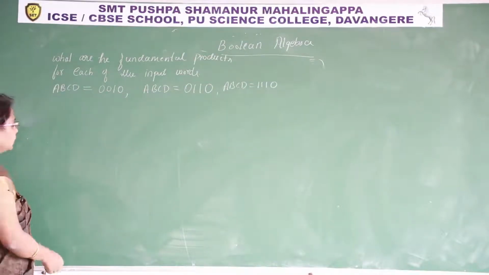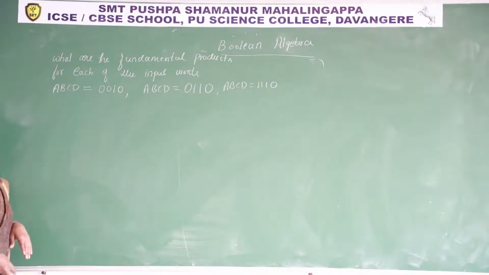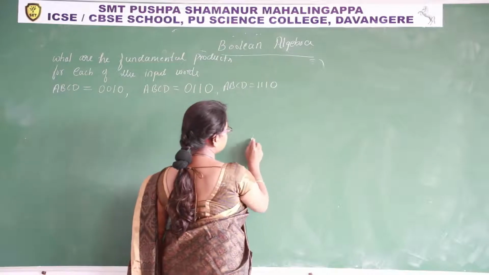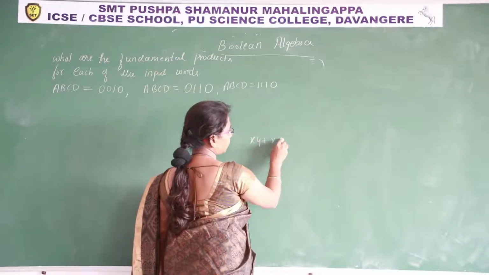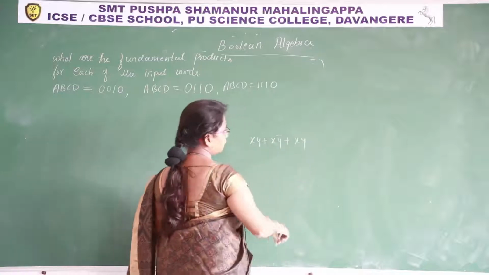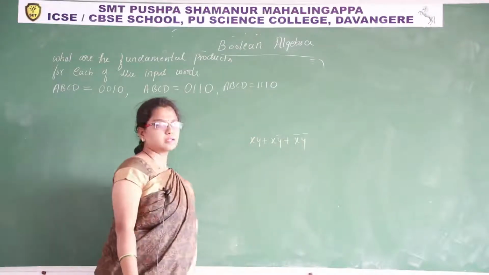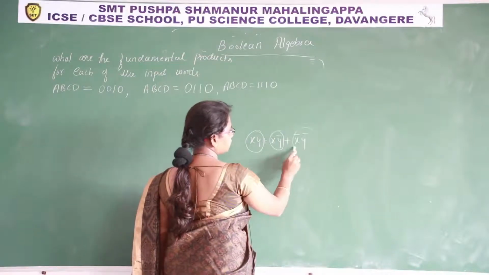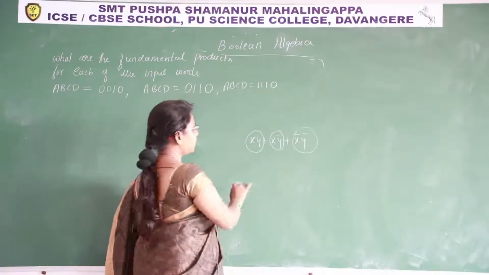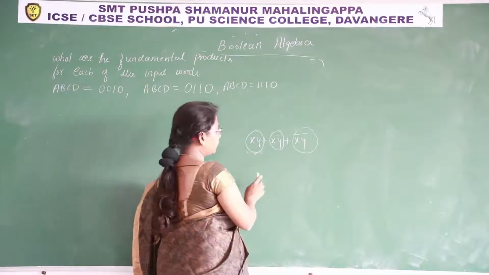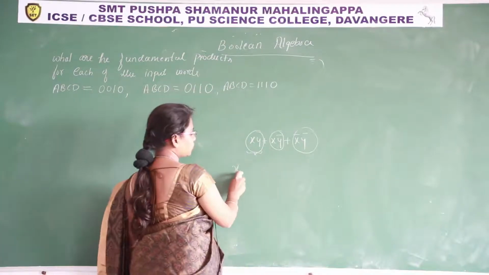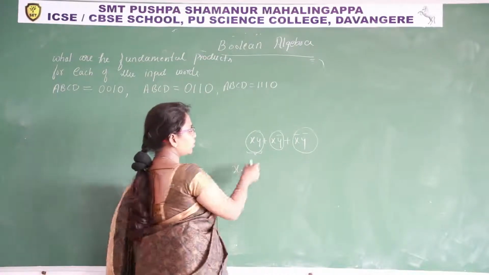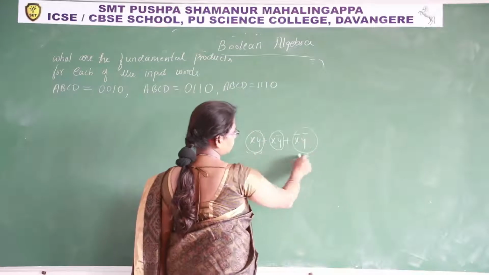See here. So far we discussed many Boolean expressions. There, what type of sub-expressions were there? XY plus XY bar plus XY like, or X bar Y bar like this. See, so this is a sub-expression, this is a sub-expression, and it is also a sub-expression. These sub-Boolean expressions are product terms. X, Y means between X and Y a dot is there, so it is a product. So this is called sum of product terms.